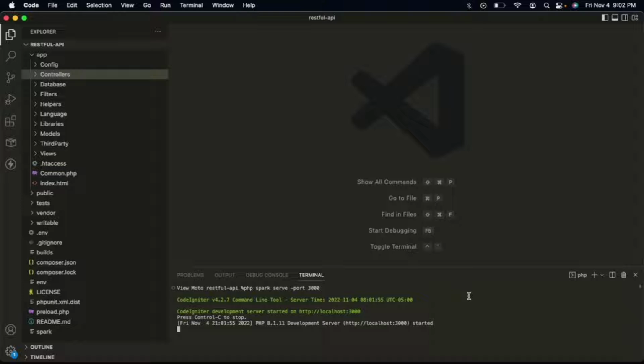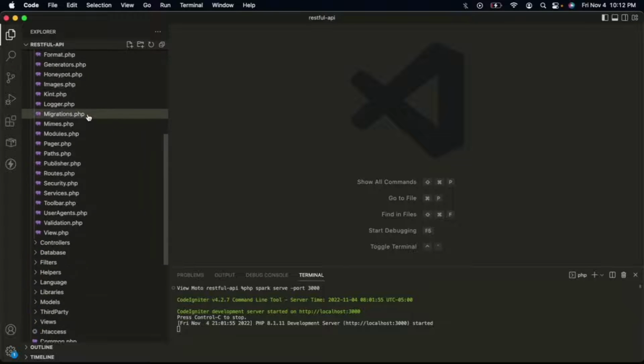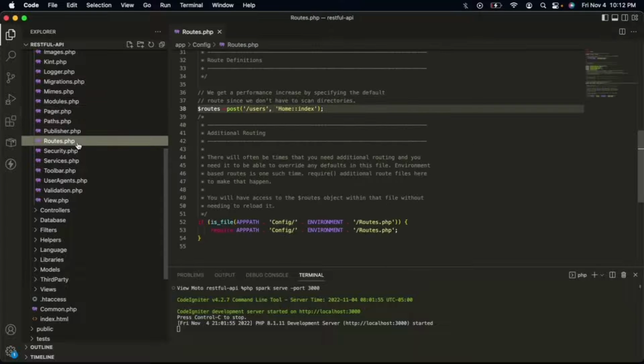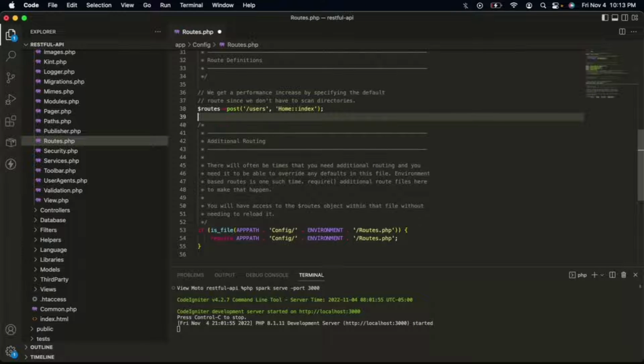The next thing we do, since we are going to create our token-based authentication API, is create a route for it. Click the config folder, find routes.php, and break the line at line number 39. We're going to put our authentication API here. I'm going to create a group of routes because the authentication API is a part of the account module. We all know that the account module has many APIs to integrate, like reset password, log out, and